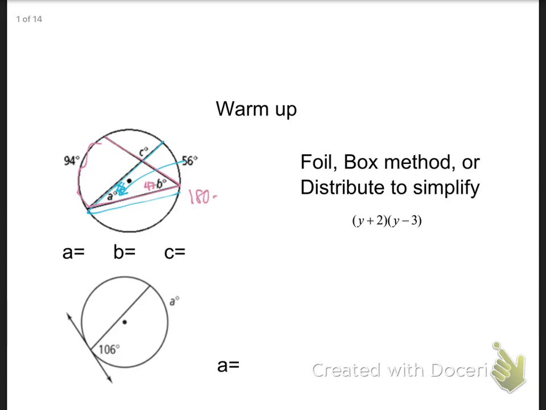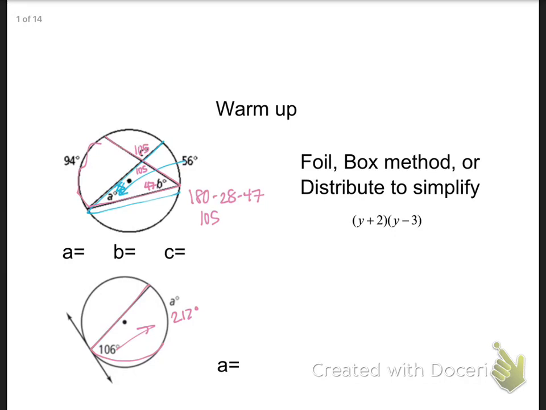So 180 minus 28 minus 47 is 105. And remember, C is vertical, so C is going to be the same degree. Okay, this is like touching the opposite side, so I'm going to double them to come out and get 212. Okay, this, I'm going to show you